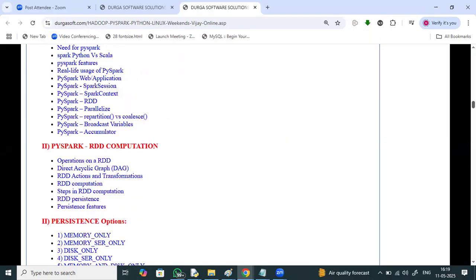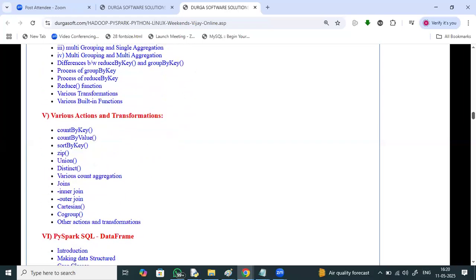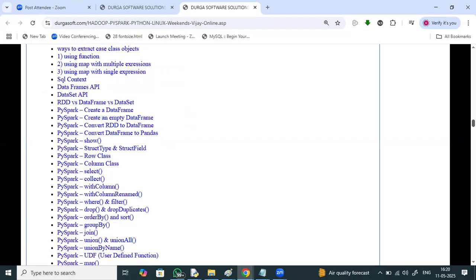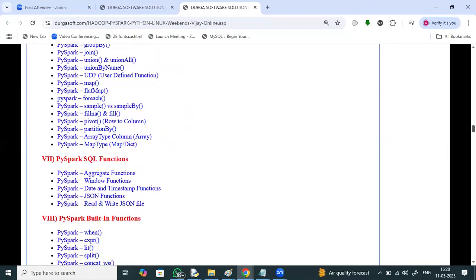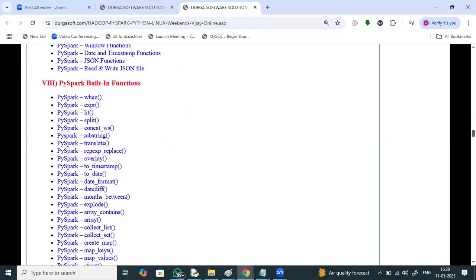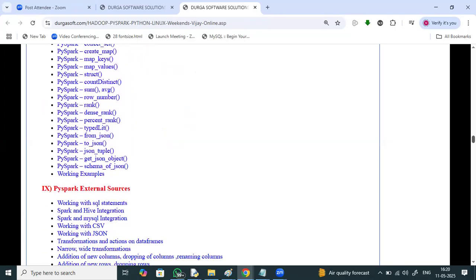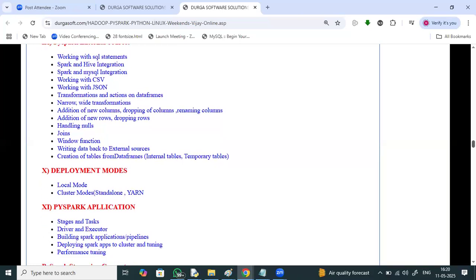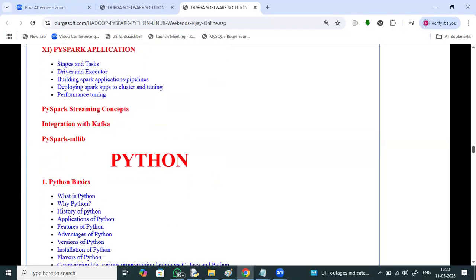And also PySpark: need for PySpark, real-life use cases, Spark context, Spark session, repartitioning, broadcast variables, persistence options, PySpark core computing, groupings and aggregations, various actions and transformations, PySpark SQL DataFrames, DataFrame API, Row class, Column class, select column, drop, order by, group by, UDF, map, flat map, pivot, SQL functions, PySpark built-in functions, date format, date diff, explode, map keys, map values, rank, dense rank, PySpark external sources, working with CSV, JSON, narrow and wide transformations, deployment modes, PySpark applications, driver and executor tasks, deploying Spark applications to a cluster, PySpark streaming concepts, integration with Kafka,